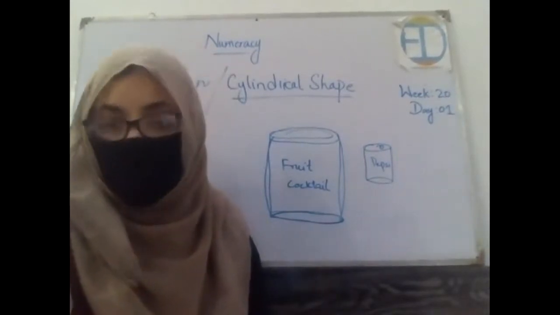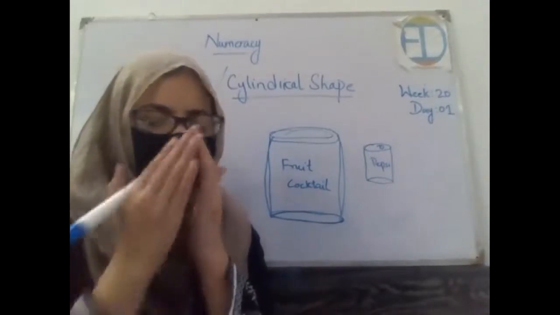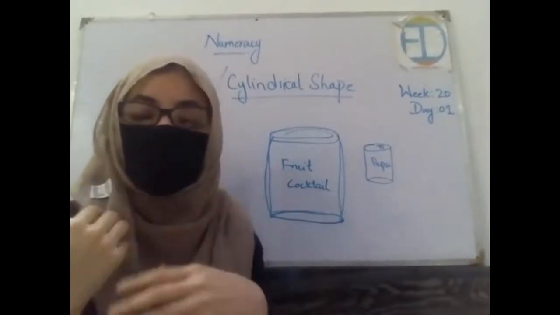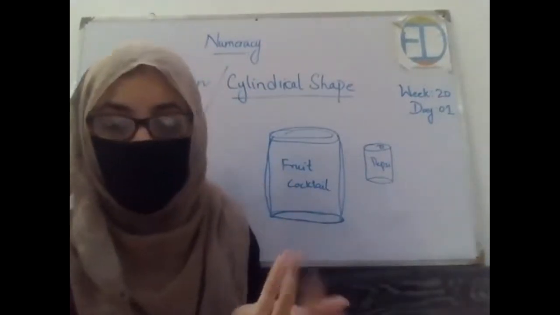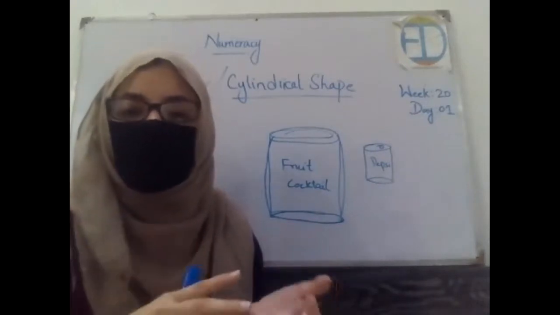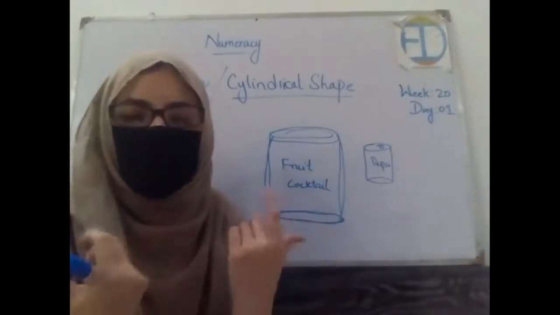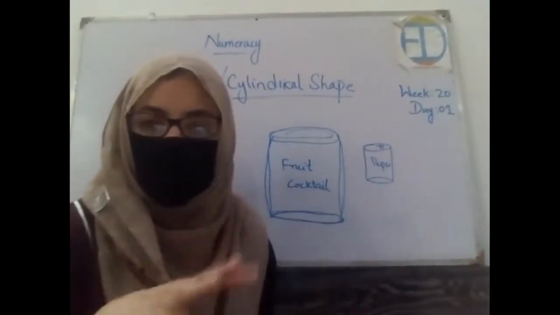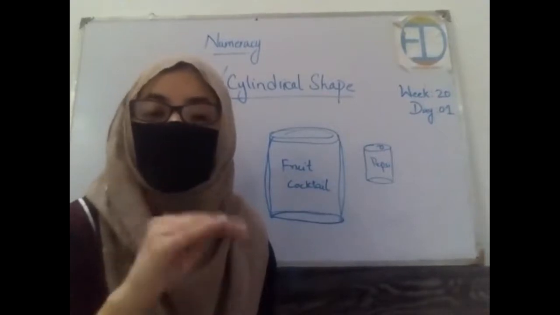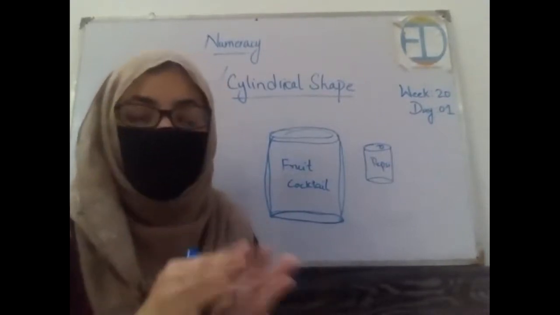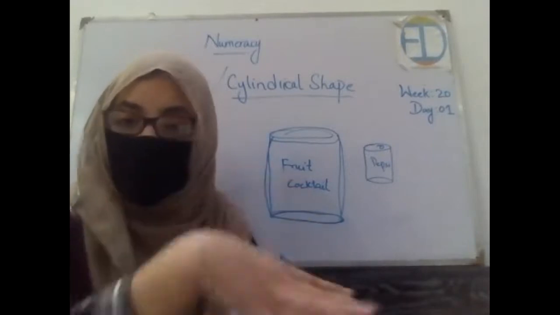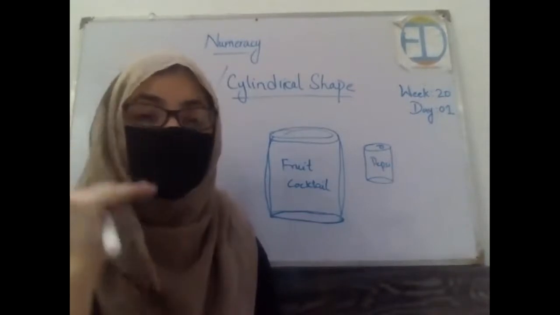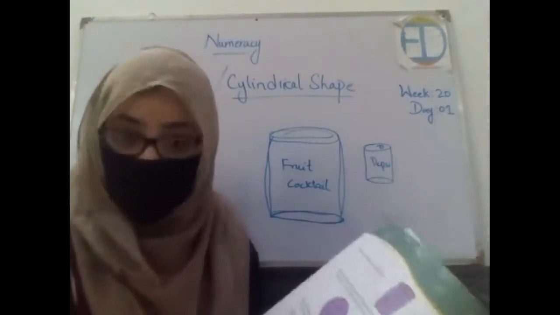Now this is your home assignment that you are supposed to bring a can. Maybe you have one at your home already. If not, you can buy it. You can buy a tin of Pepsi, you can buy a tin of cocktail or anything. Then after eating or drinking the stuff which is inside, dip its one surface in a color. You can use any paint color. Dip it and then place it on a blank piece of paper, and you will observe that it has two flat circular surfaces, right?